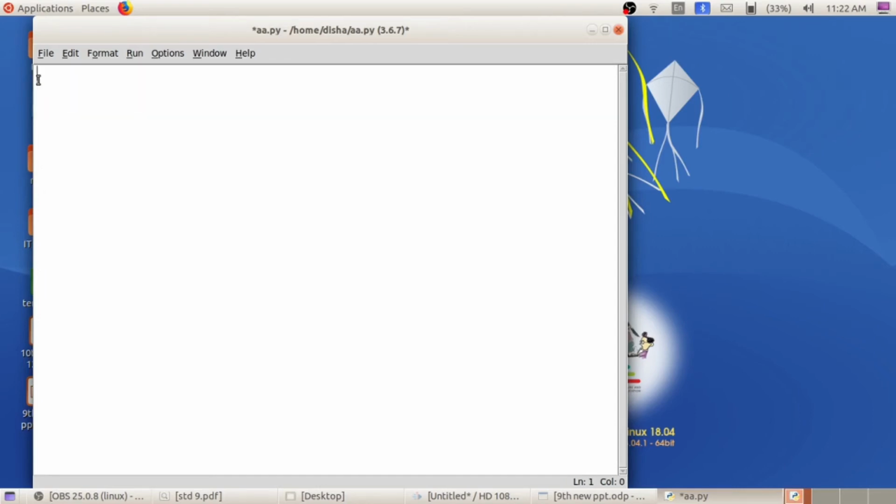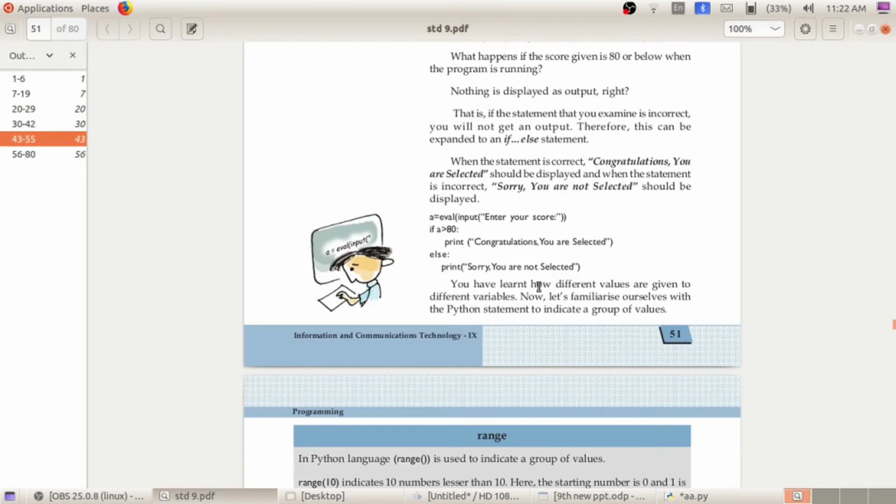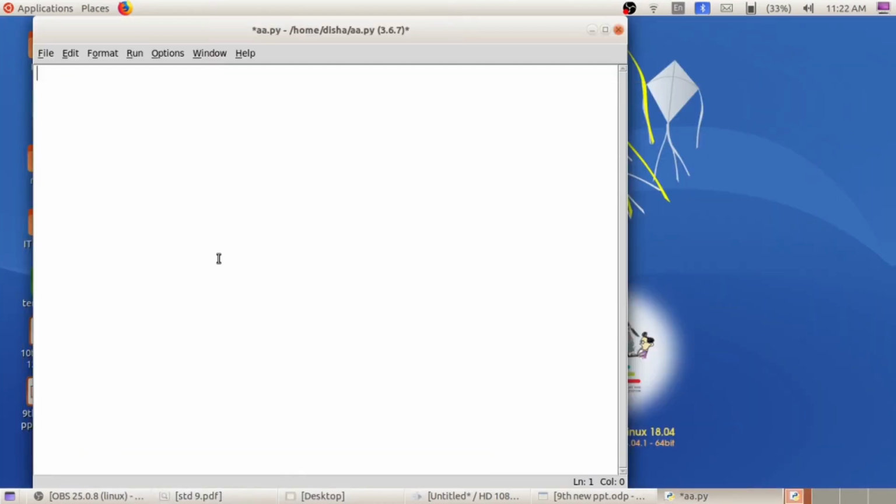Then the next activity is using the if function. Do you remember that if function? Here in your textbook it is given, if function, examining the score. So let's do that activity. First, to a variable we have to save the score: A equal to eval of input of bracket, then in double quotes type the string, enter the score, close two brackets.